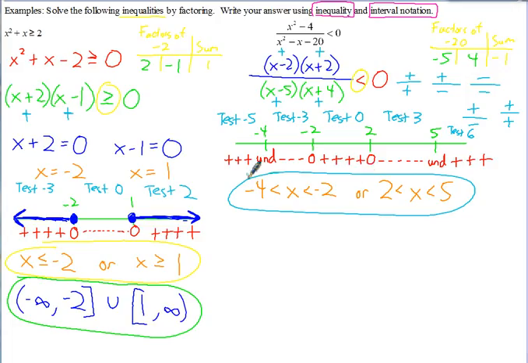inequality notation. And then in interval notation, you'd write it with parentheses because it's not included, -4, so go from left to right or lowest to highest. -4 to -2, parentheses, and then union, which means including this other interval as well from 2 to 5. And that's how you write your answer